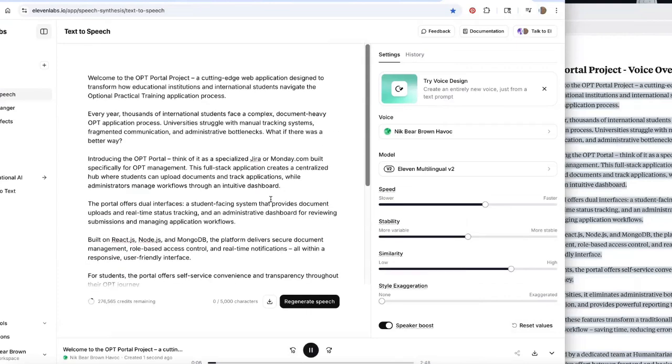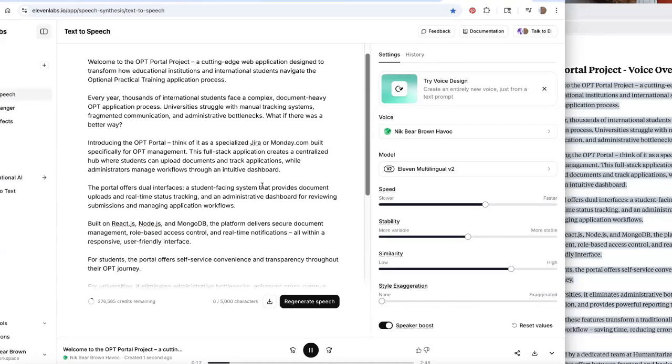Application designed to transform how educational institutions and international students navigate the optional practical training application process. Every year, thousands of international students face a complex,